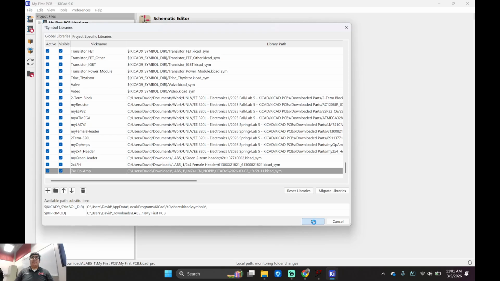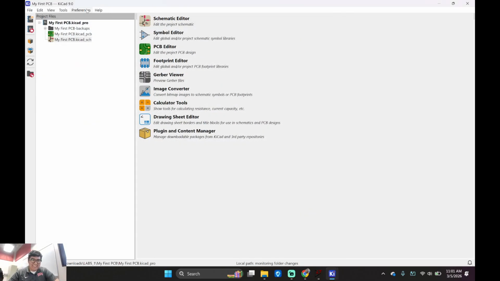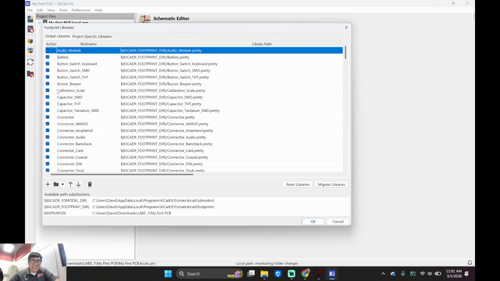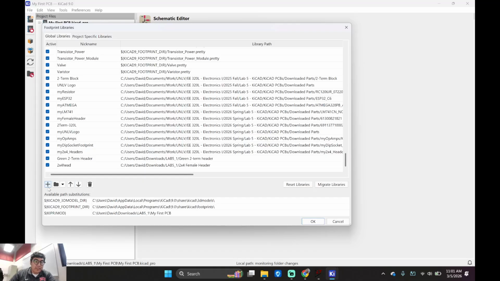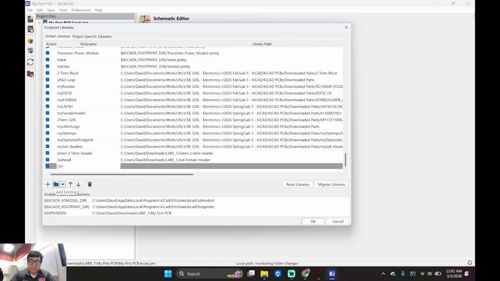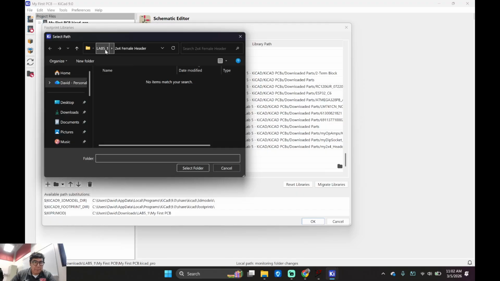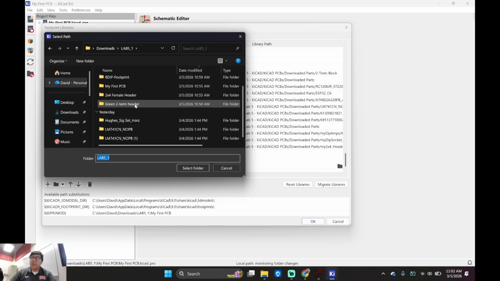Now we got to hunt that footprint. Okay? Let it do its thing. Convolution. I like convolution. So I'm going to go back down here. I'm going to call this one 741 op amp. Okay? Let's go find that op amp. But it's not an op amp. We're using the dip, correct?